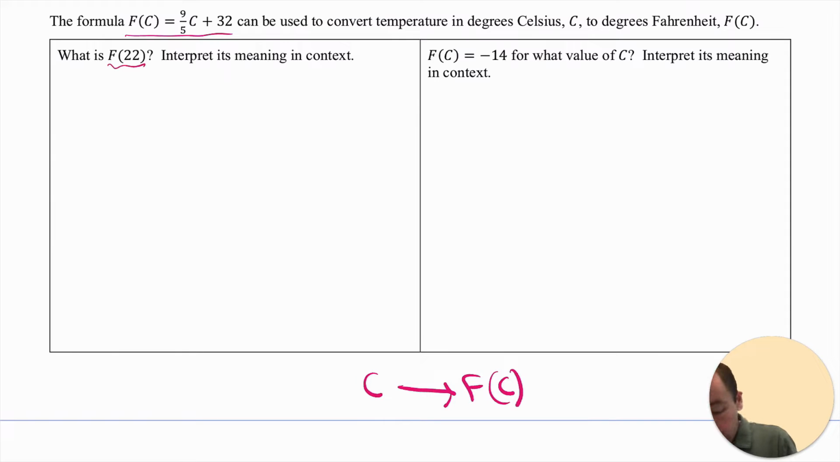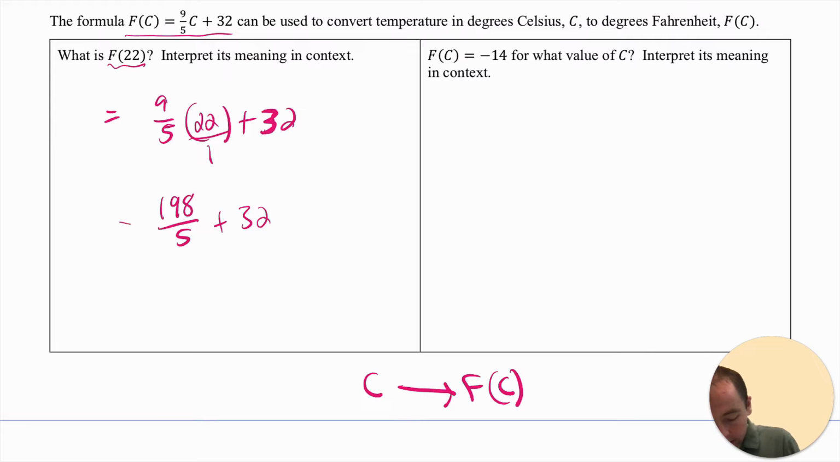c input. So it just ends up being 9/5 times 22 plus 32. So to multiply that out, 9 times 22 is going to give you 198/5 plus 32. And then to get an exact answer for that, you're going to need a common denominator. So this 32 is going to have to be multiplied by 5/5 to give you that common denominator of 5. So you're going to end up having to find the sum of 198/5 with 160/5. And when you add that together, that's going to give you a sum of